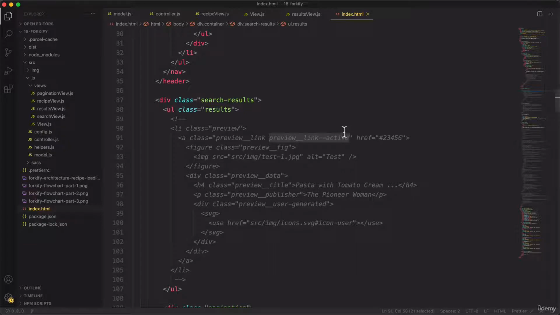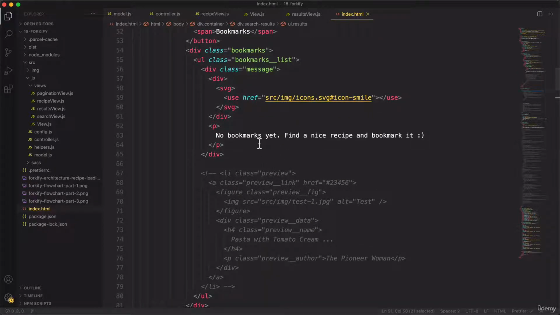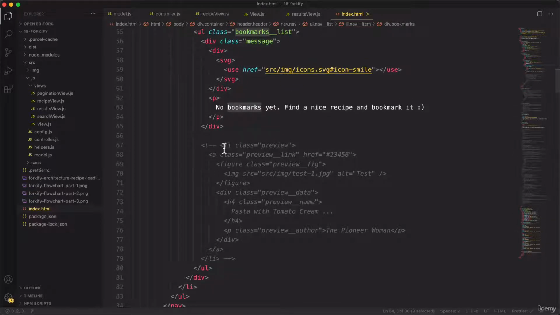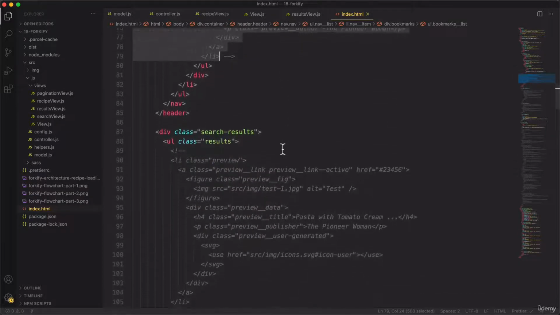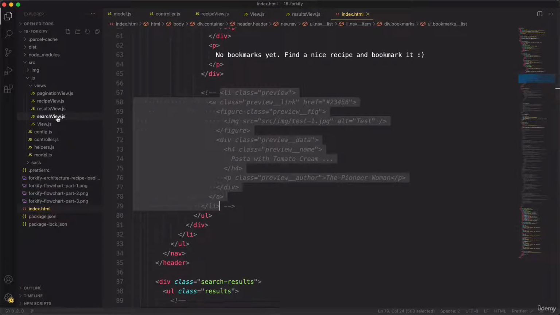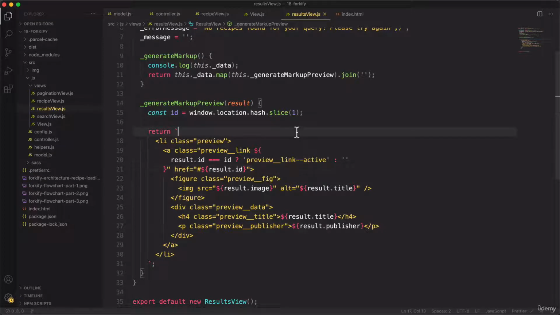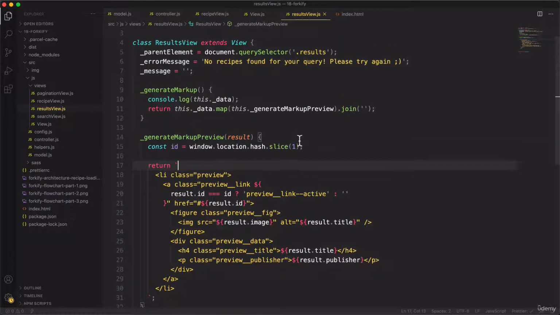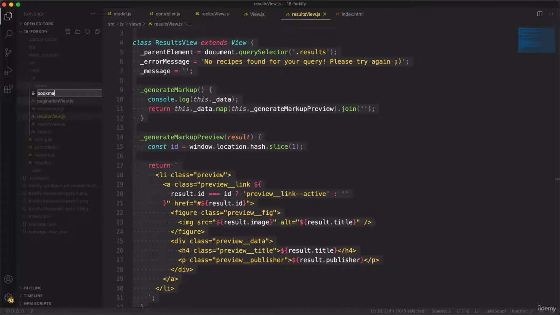So taking a look at our markup here, we can see that in the bookmarks, we will actually also have the preview element. So this one here. So basically a list element with the class of preview in it, just like we had here for the search results. And so this is actually the exact same code. And so now in order to create this bookmarks view, I can actually simply go ahead and copy this one here from the results. Okay, so at least for now, by the end of this video, we will then kind of refactor all this. But for now, let me simply copy the code here and here create the